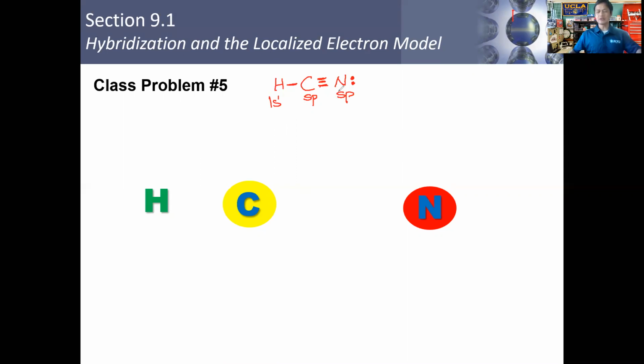Okay, so let's go ahead and characterize the bond between each one of these atoms. So first of all, then,